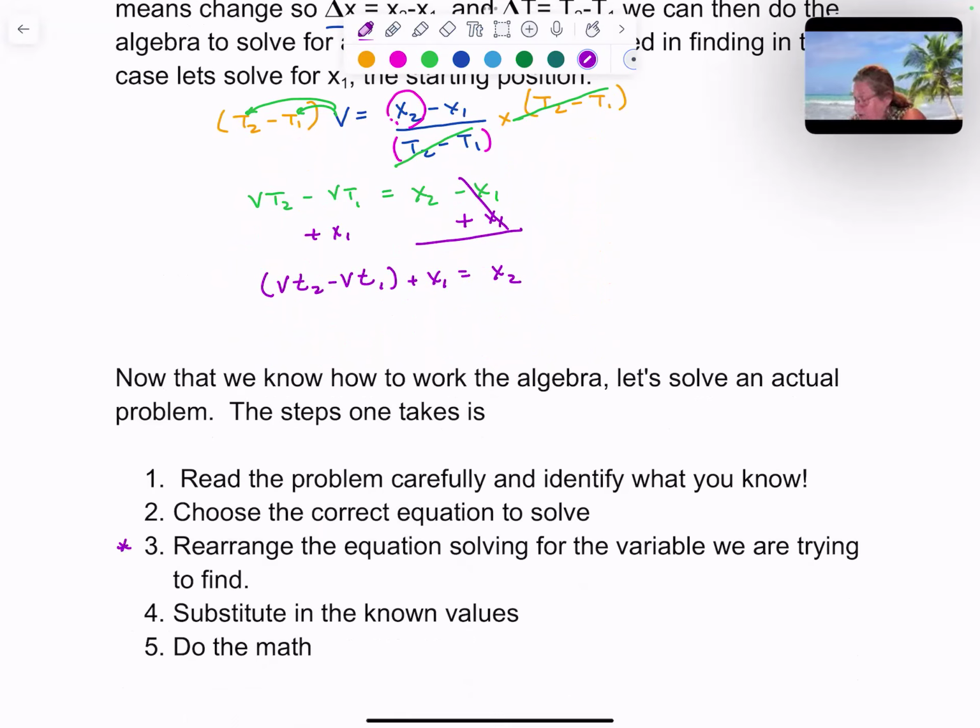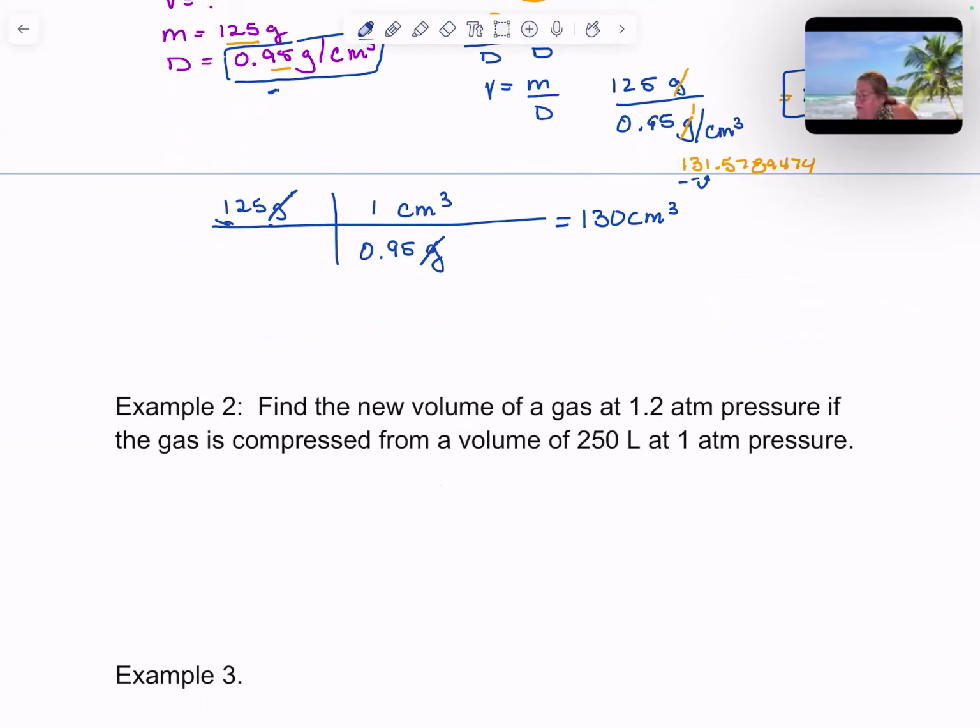Okay, let's look at another one here. Find the new volume of a gas at 1.2 atmospheres pressure if the gas is compressed from a volume of 250 liters at 1 atmosphere. So we've read our problem. Let's see what we know. We want to find the new volume